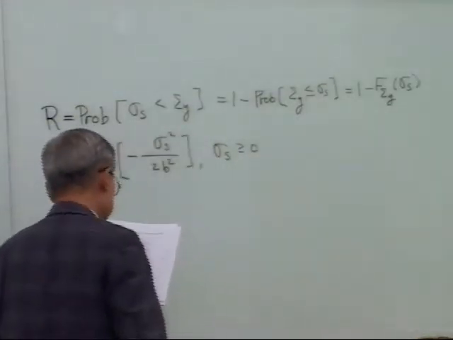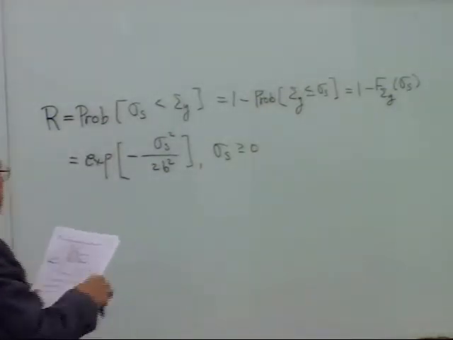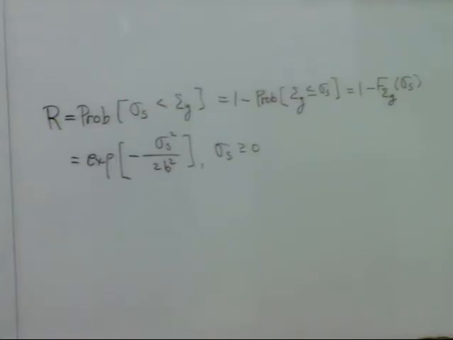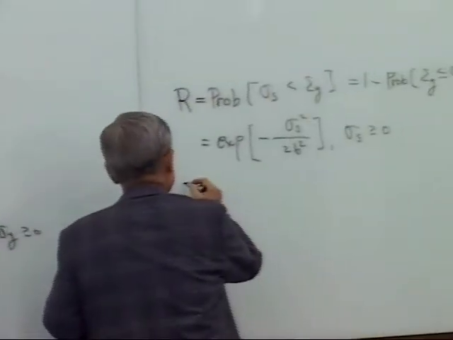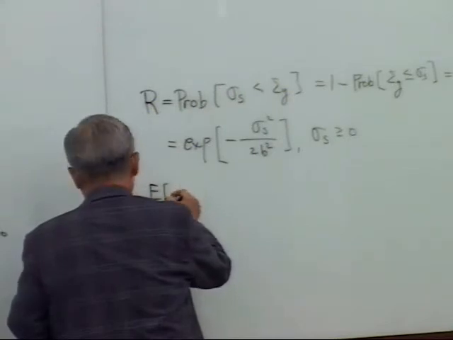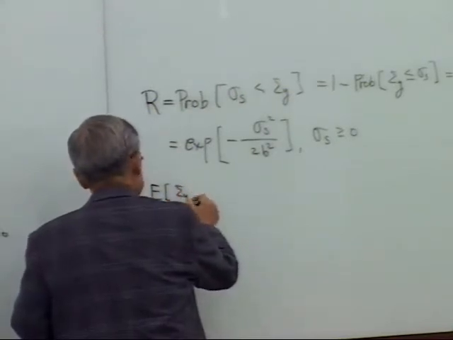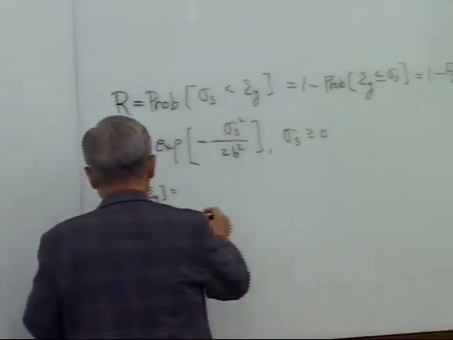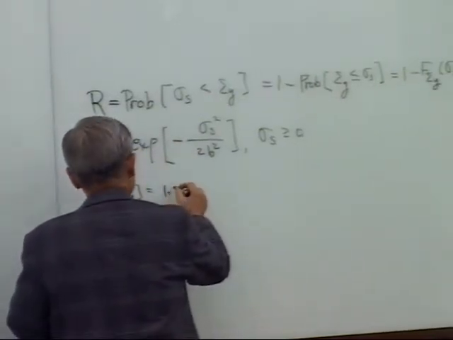Or zero. Or you can use a step function, that's the same thing. Then you can compute the parameters as usual, the expected value or mean value of the yield stress. This happened to be 1 point,